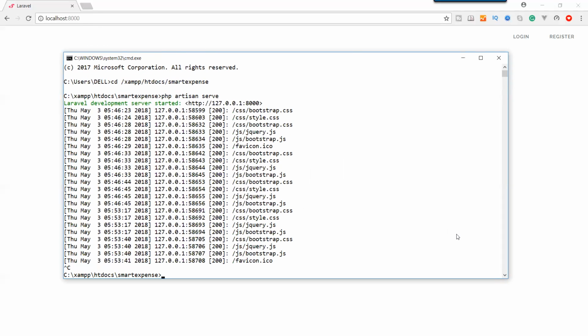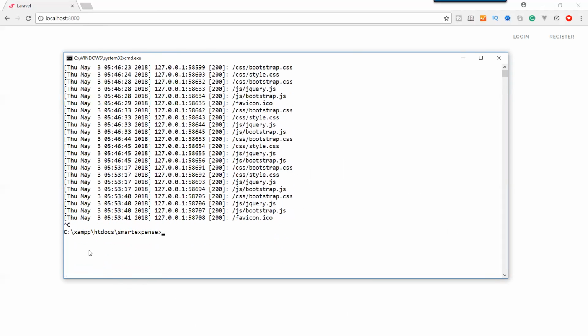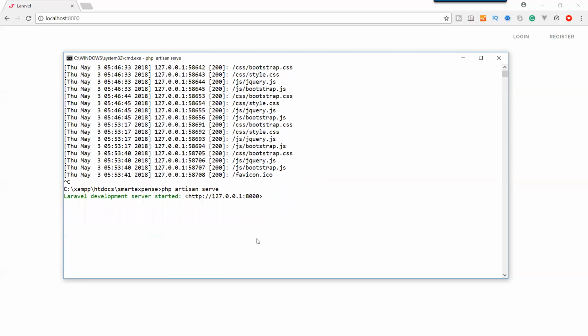If not, simply go to your directory, which is xampp htdocs smart expense, our root directory, and run the PHP command php artisan serve. Now the server is running on port 8000.